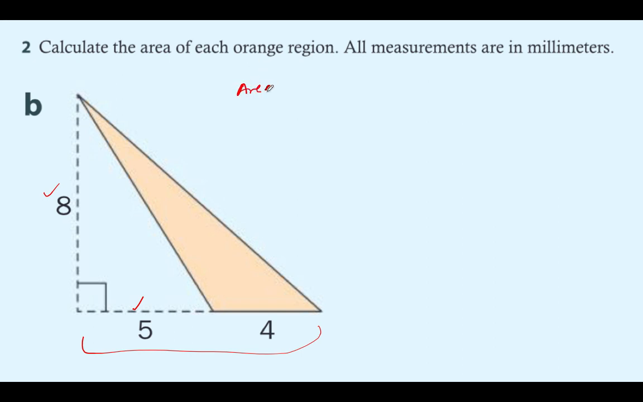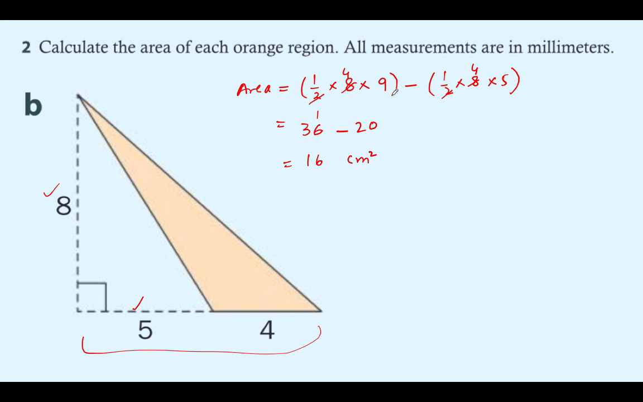So the area will be the area of the outer triangle, that is half into base into height, that is half into 8 into 9, minus the area of this triangle, the unshaded one, half into 8 into 5. So this becomes 36 minus 20, which is 16